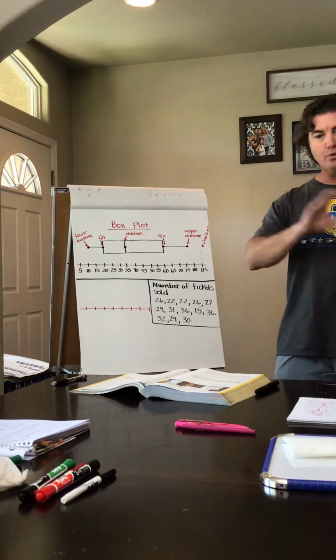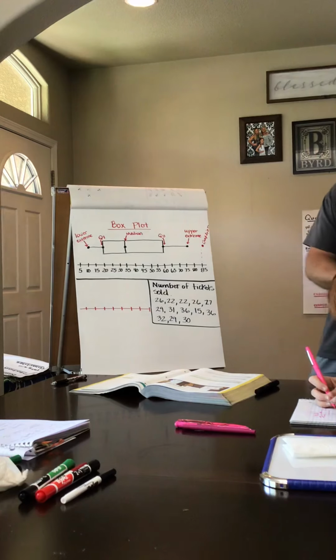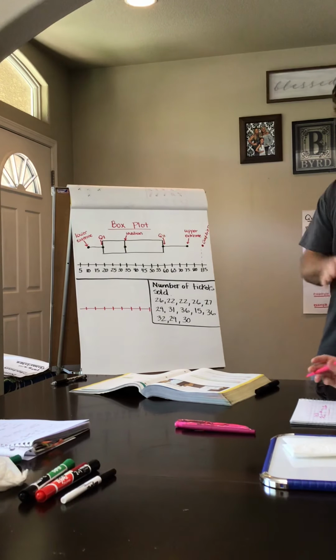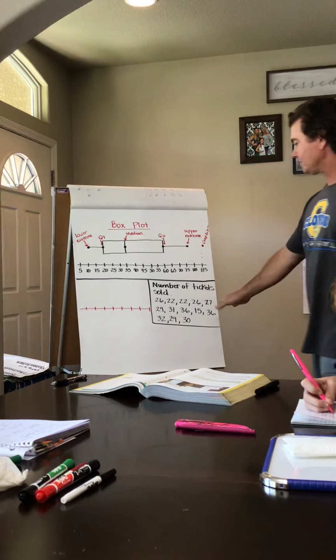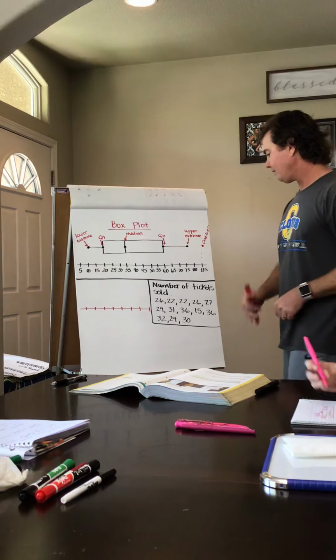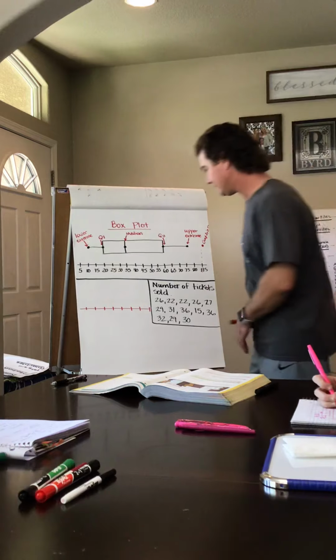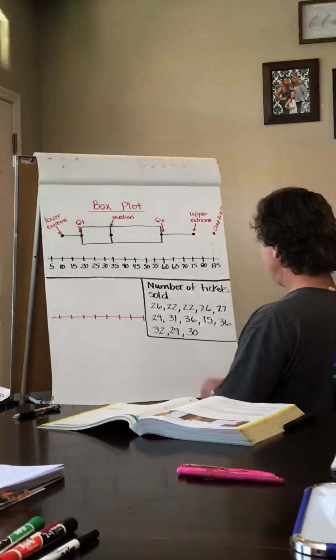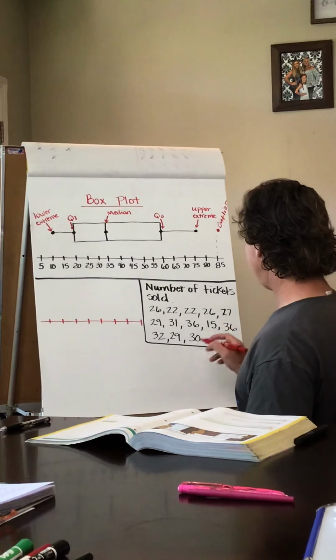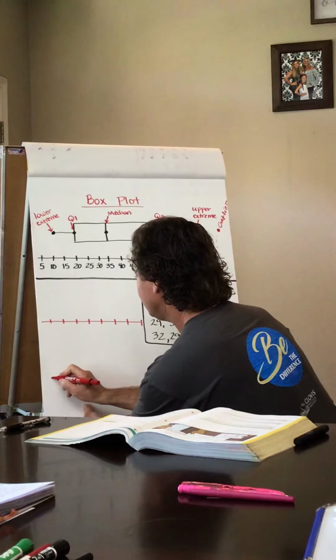You've got to find out your quartile 1, your quartile 3. You need to know all of those things, and your lowest and highest number, right? So right now, let's write these numbers in order from least to greatest. I'm going to do that right down here. Hopefully you can see this on the video. I think 15 is our